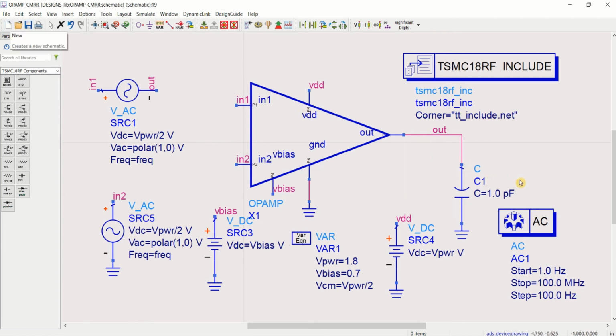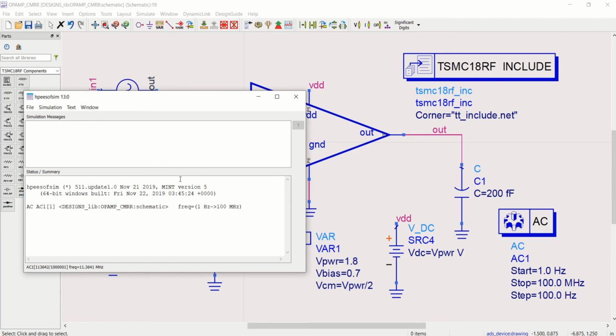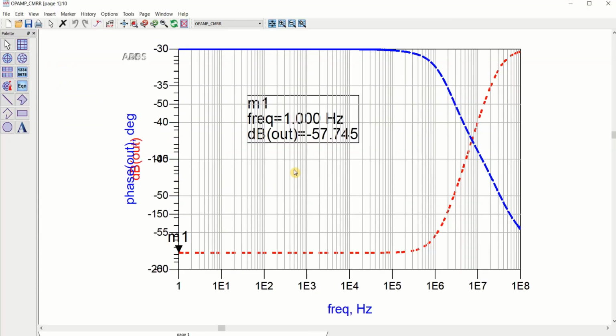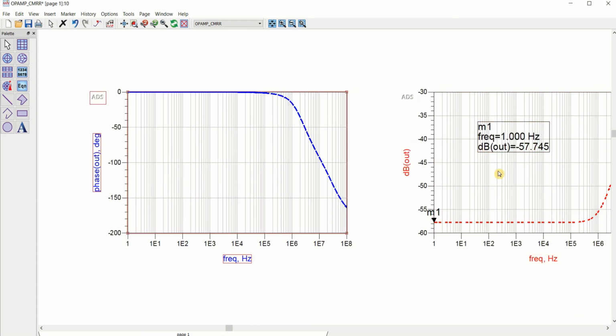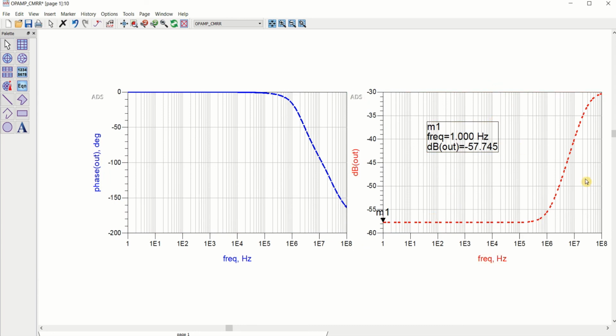Create one more file, or I'll try to change this 200 femtofarad, and you can see the results. CMRR, it is having better response. It is having the better response, and this.